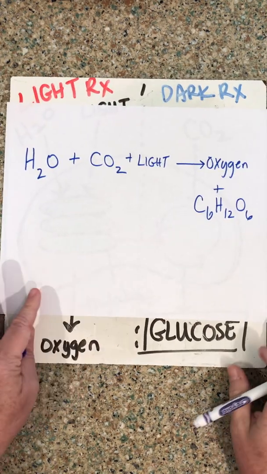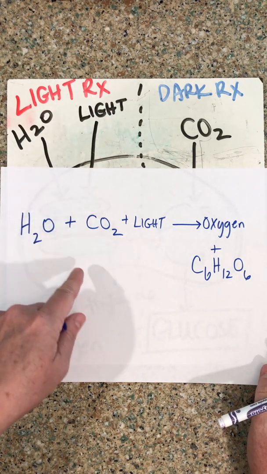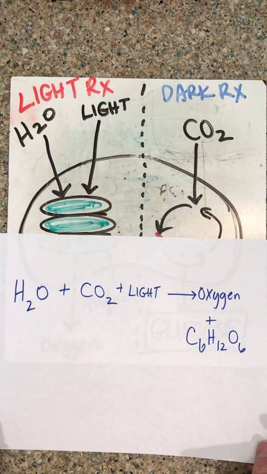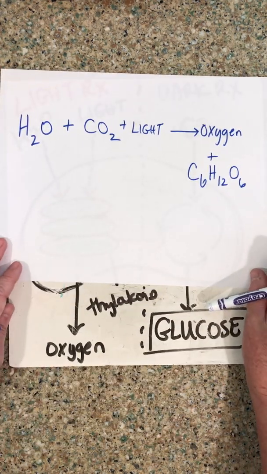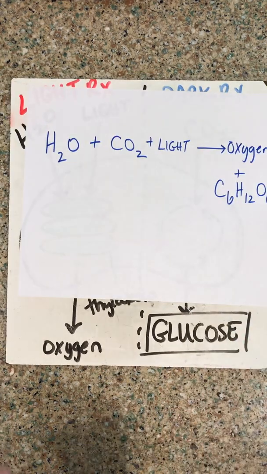So this is your actual formula. Here you see the water and the light coming in, plus the carbon dioxide coming in. All of those have arrows going in, and they are going to make oxygen and glucose, which are your products. And the actual balanced equation